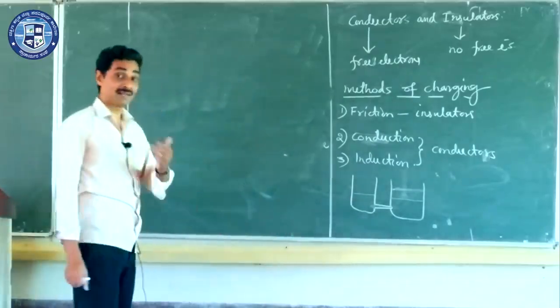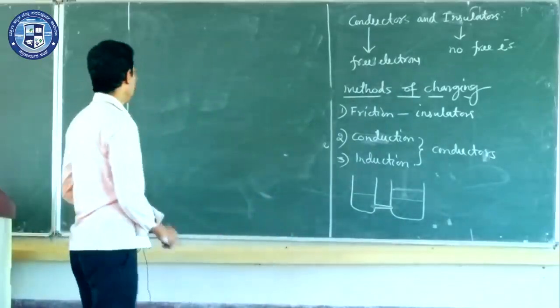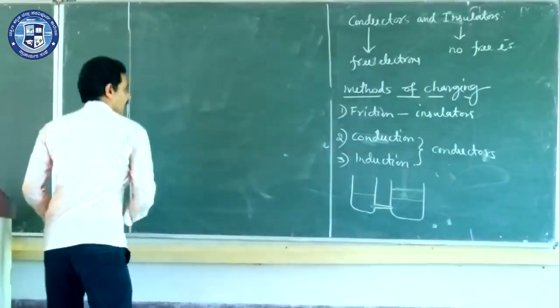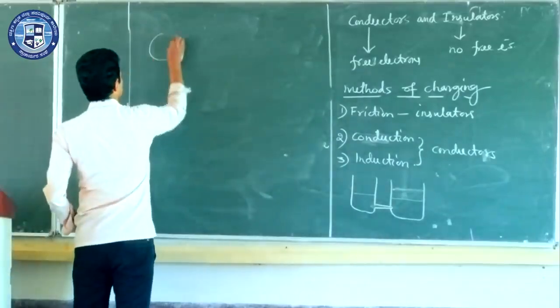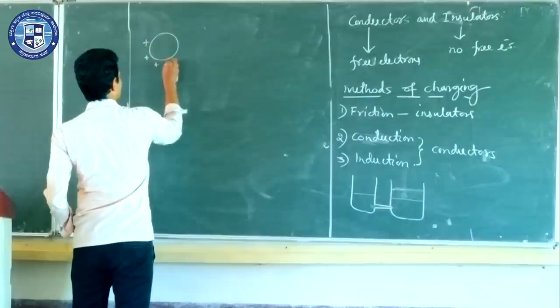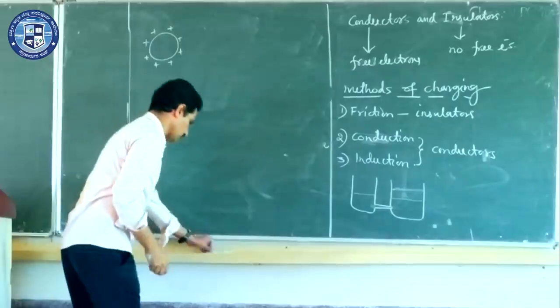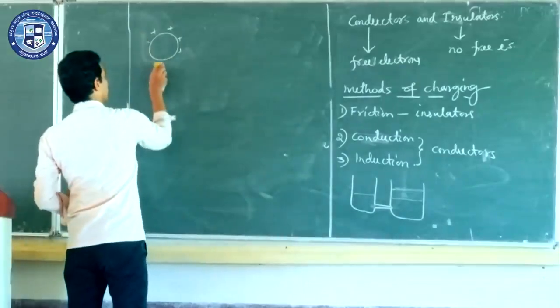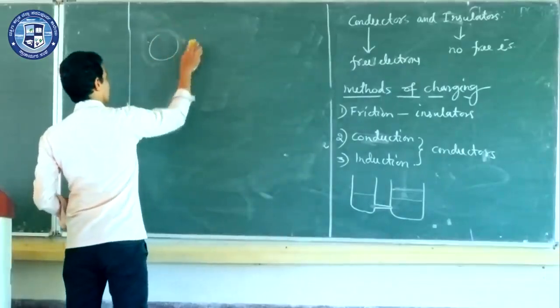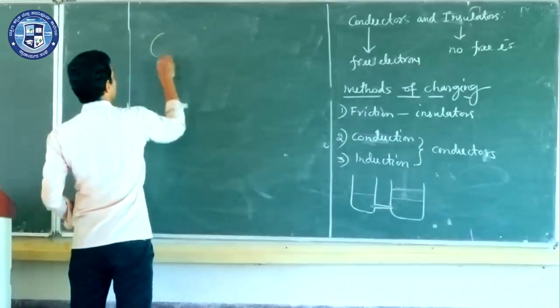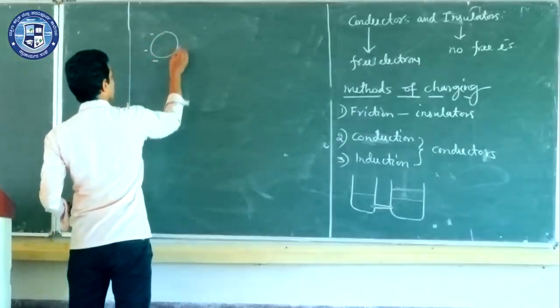Now how to charge electrically? Electrical charge. Okay. I'll take a conductor which is already charged. I'll take a spherical conductor. Say this is positively charged. Or I will take electrons only, that is easier for explanation now. We will see how the positive charges get distributed later. I'll take a negatively charged body.